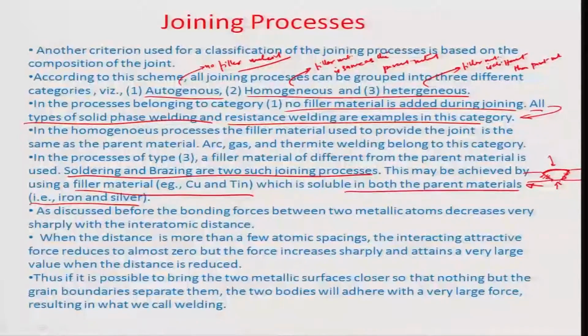So, as discussed prior to this in the section on materials, we had illustrated how the bonding forces between the two metallic atoms decrease very sharply with the interatomic distance. So, obviously, as we had recorded earlier, if the interatomic distance changes to almost a single atomic spacing, there is a tendency of the electrons of one of the atoms to be attracted towards the nuclei of the neighboring atom. So, these interacting forces are very, very large, which results in a very strong bond between the two,